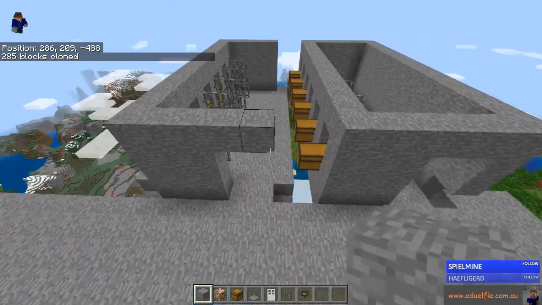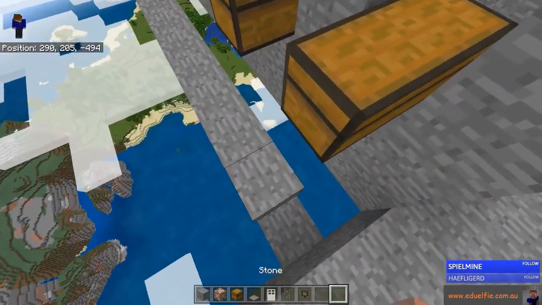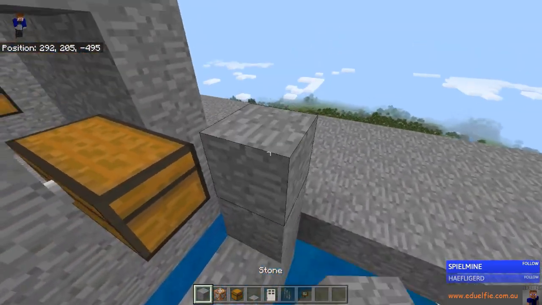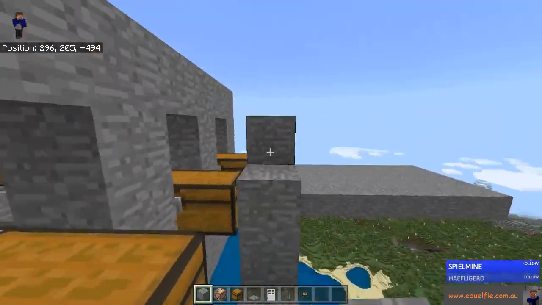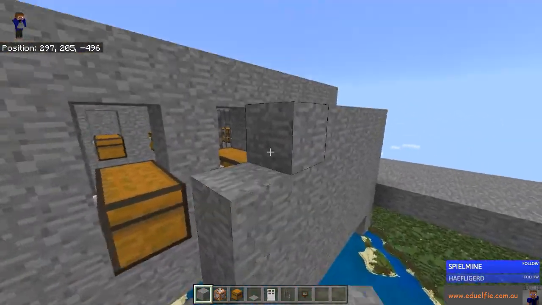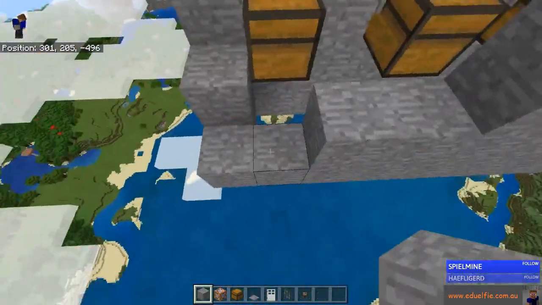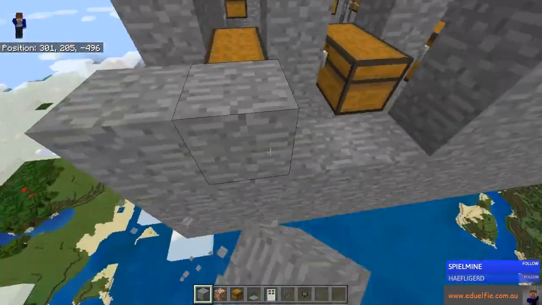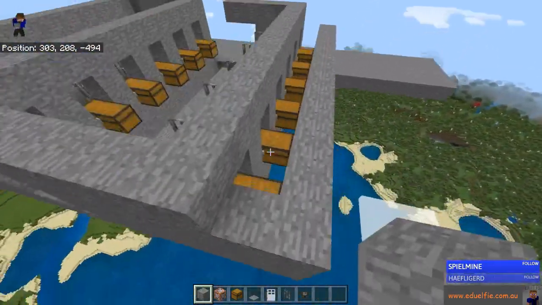But that destroyed my wall. It's where I want it to be, right? This is why. That's why I hate these commands